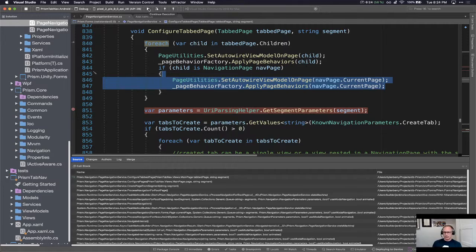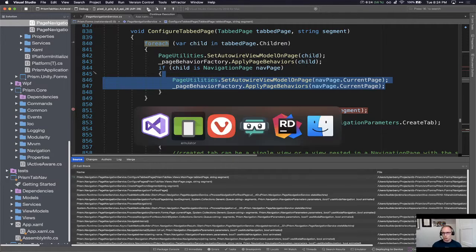And the way we've done it is we've implemented it with 2 stages. The first stage sets it up, gets us to the selected tab we want, and then within that tab, we handle the second piece of navigation, which is building out that stack. But we'd like to do it all in one shot with Prism. So we're going to try and understand how Prism is working so we can modify the navigation service and submit a PR to